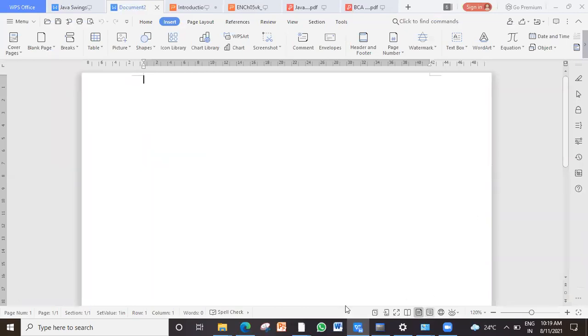Now this blank document, is it showing me a horizontal scroll bar? Vertical scroll bar it is showing because that entire window is not visible to me. What happens here when I minimize the size?